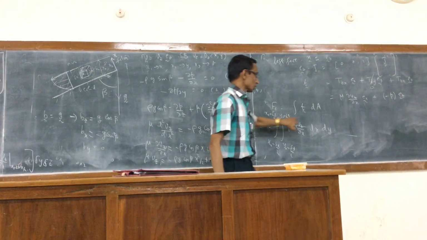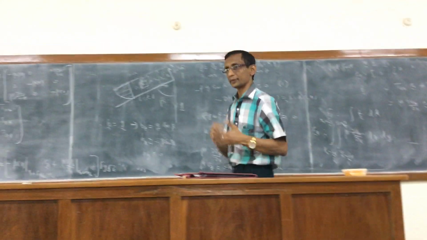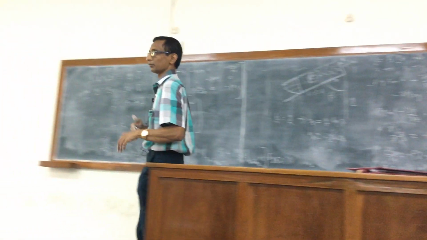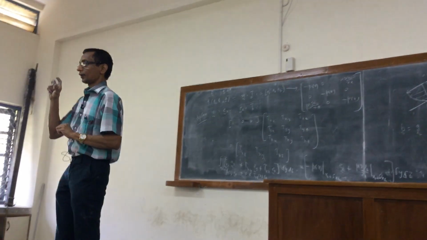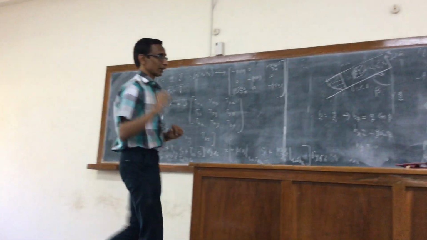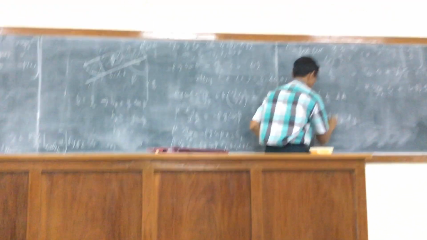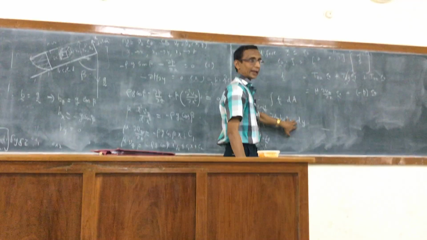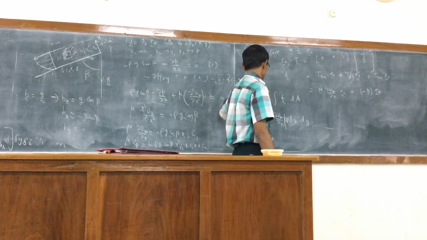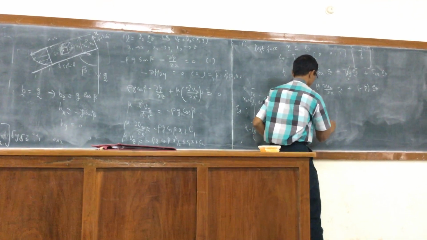So this delta y should not be confused with the dy. The dy is the variable of integration. Delta y is a finite length, right? So clearly, the important thing is that now this is a function of x alone, so the integration will be only over x. The integration over y can be easily taken out, and you get delta y times